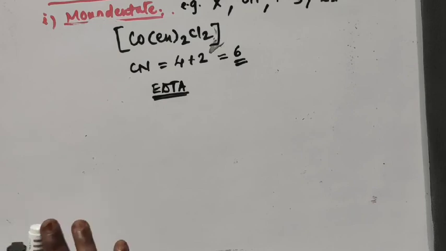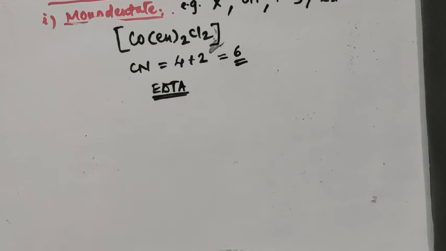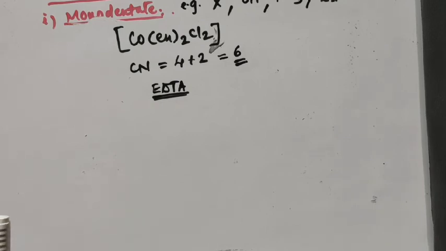So this is all about the terms used in coordination compounds. First is the ionization sphere. It is the outermost sphere in which counter ions are present, and these show the primary valencies. These are completely ionizable in aqueous medium. Another one is the coordination sphere. It is shown by square bracket, and the entities present in the square bracket, the coordination entities, are unionizable. It can also show the secondary valencies of the central metal atom.